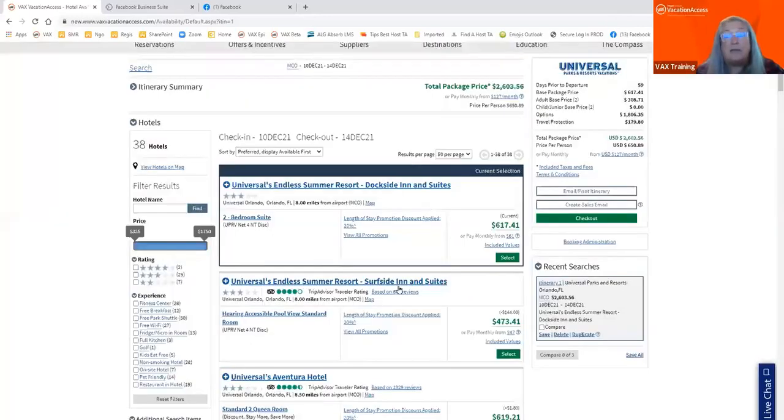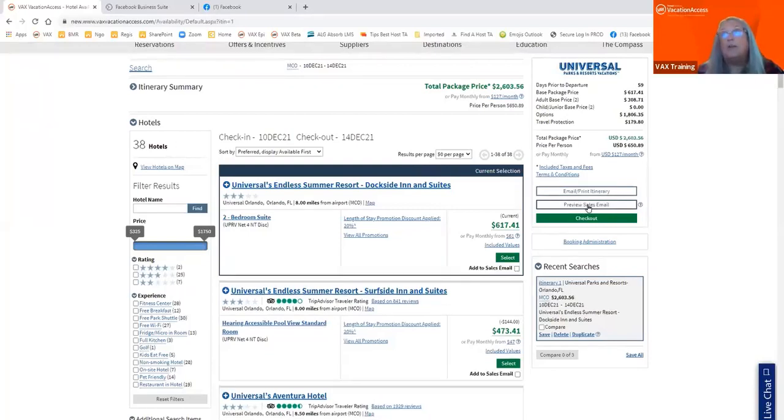So the sales email has been developed, and it's been around for quite some time, to do exactly that. This is probably the most impactful email that we have to offer, based on feedback that I hear from travel advisors. So how do I sell? How do I set up that sales email? Well, going over here to the pricing panel, create sales email. If I click that, I now have a little box in each of my hotels.